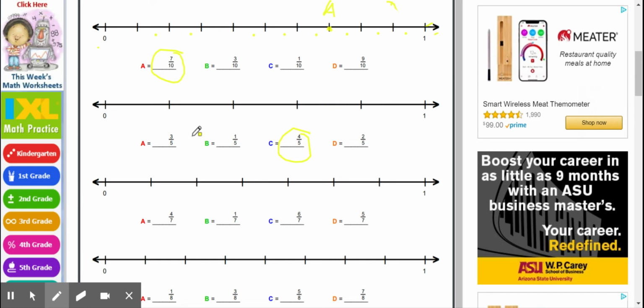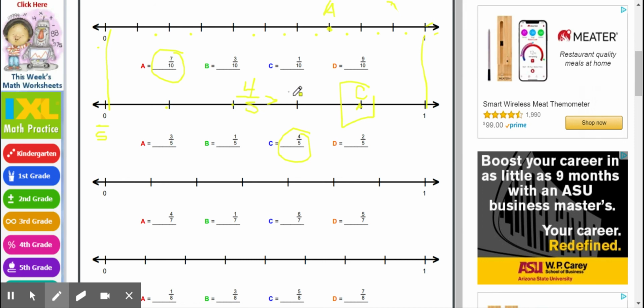The other thing that's important when you're using a double number line is that the numbers line up. The zeros are aligned and the ones are aligned. This would be 0 fifths over here. Then it would be 1 fifth, 2 fifths, 3 fifths. I mark 4 fifths on here, which is letter C. And then I compare. Well, which number is closer to 1? Letter C is actually closer to 1, which means 4 fifths is greater than